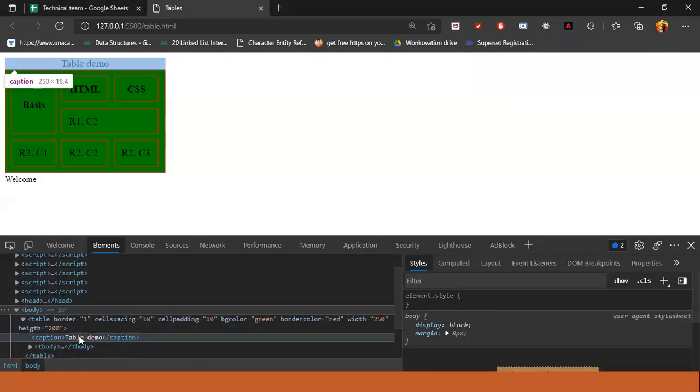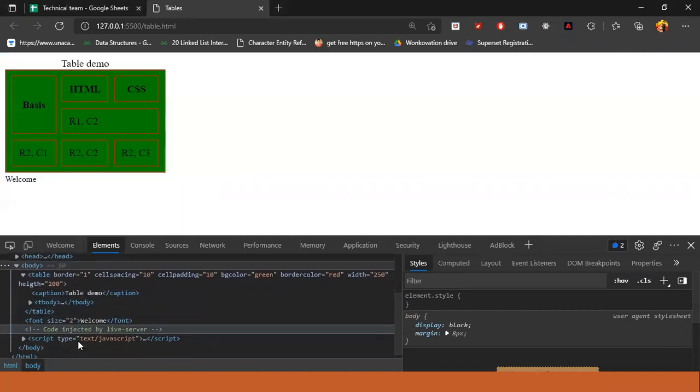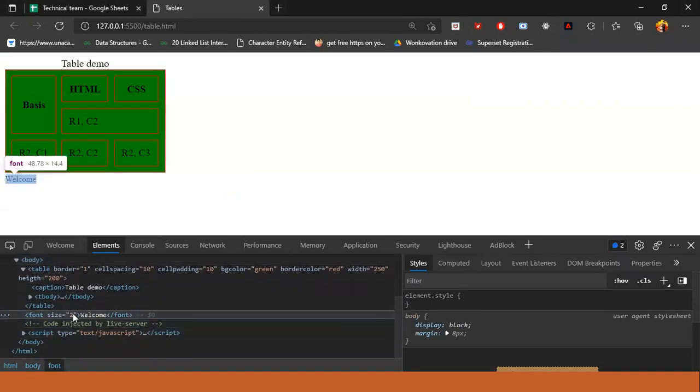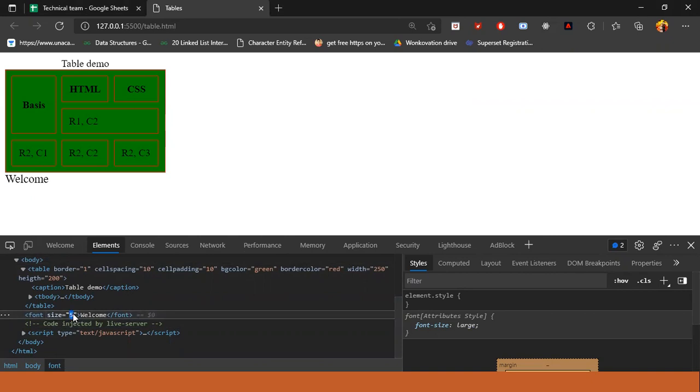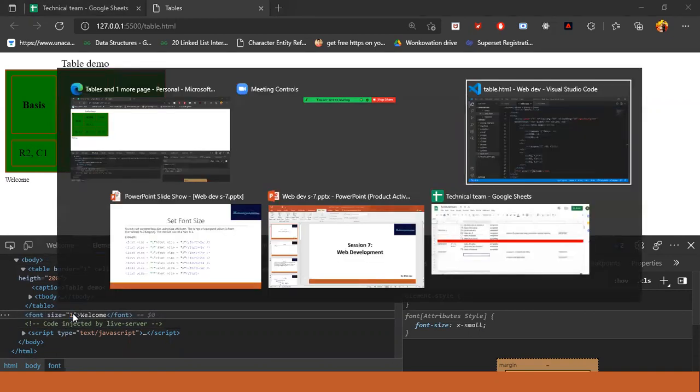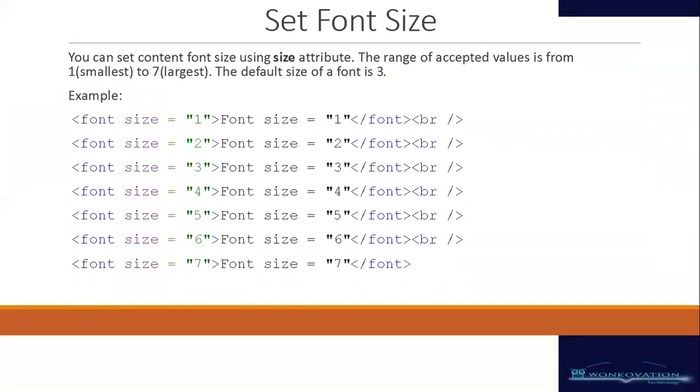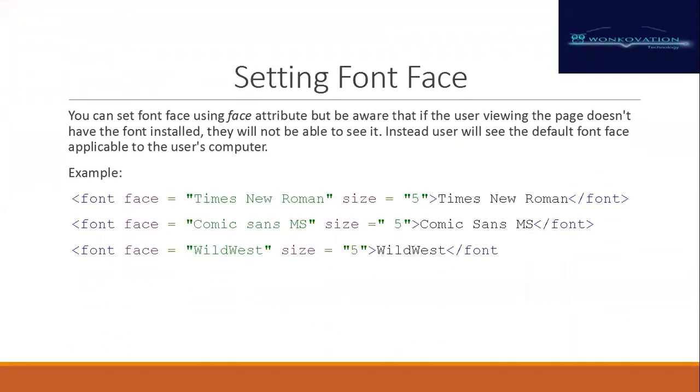And over here only, I'm going to change the font size. Let us say 3. See, you can see the change over there. If I go above that, let us say 7, it is bigger. If I go lesser, let's say 1, it becomes smaller, because 1 is the smallest font.